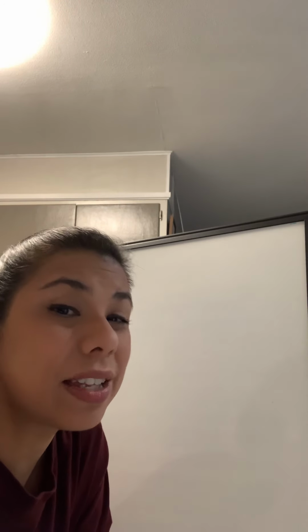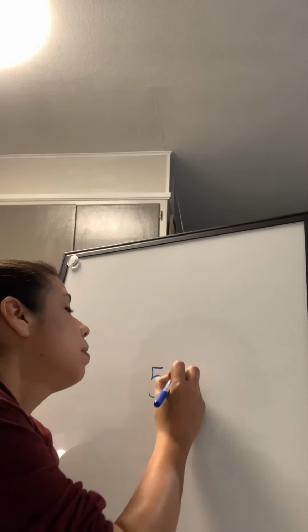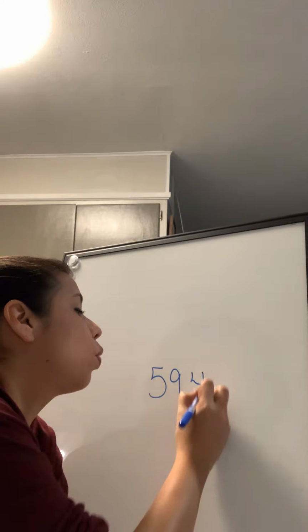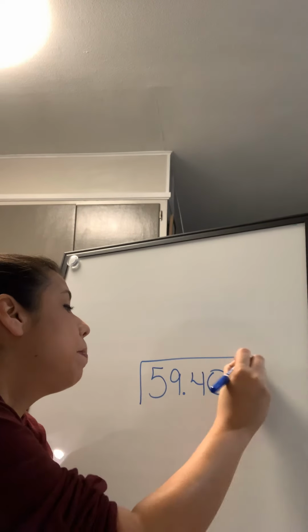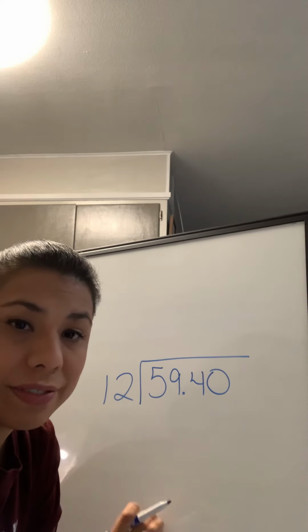Number 10 says, Trevor paid a total of $59.40 for a 12-month magazine subscription. He paid the same amount every single month. What amount did he pay each month? So that is going to definitely be division. You're going to take his whole amount, $59.40, and we're going to divide it by 12 months. Now remember, when we divide with